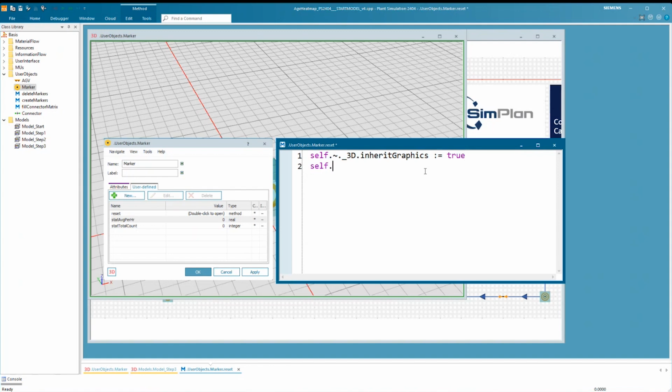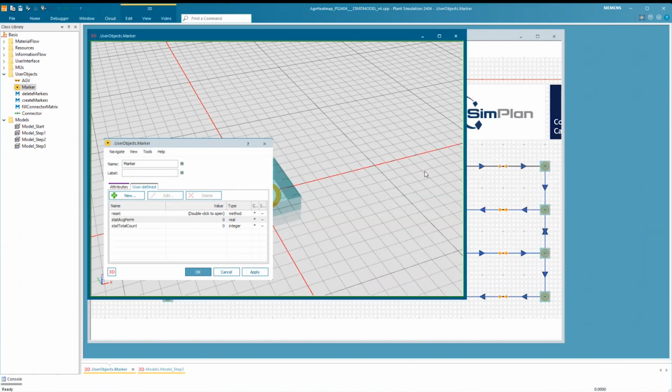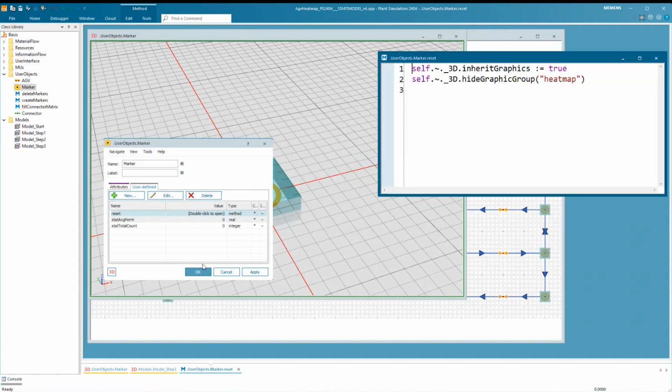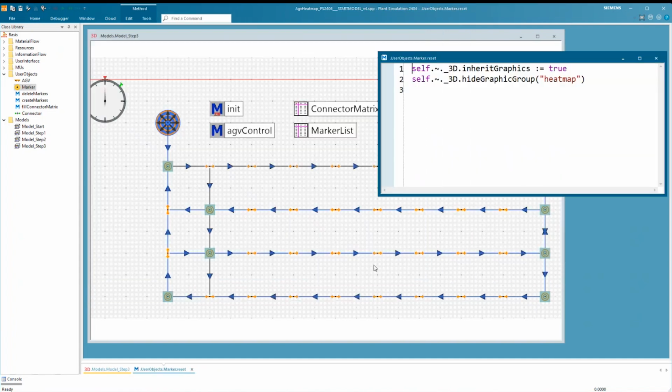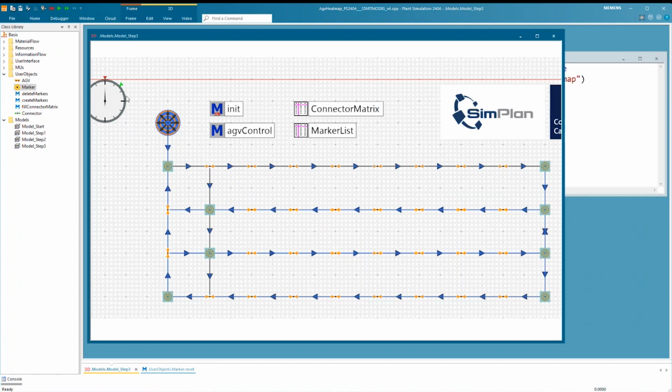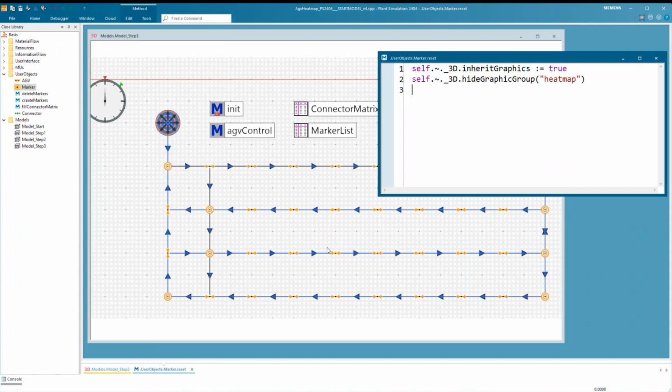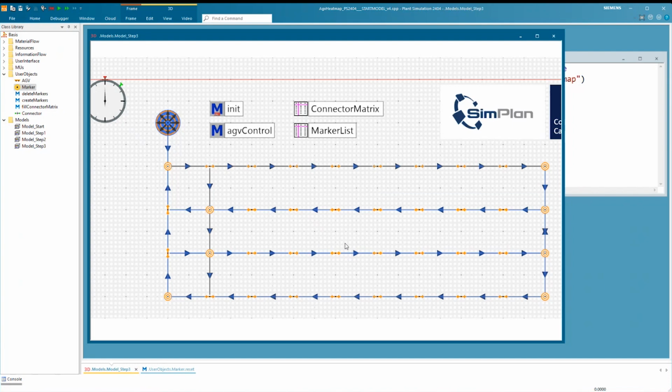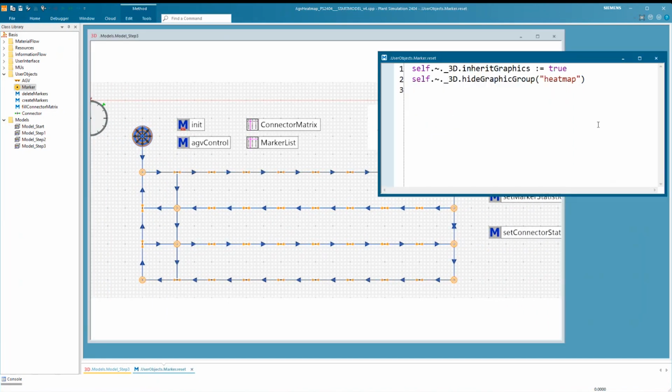And I will also hide my graphic group heat map so that initially it's not visible. Let's open it for a second. So now when I reset my model here, then everything looks clean. And then I'm ready to activate this group once I have some color code to show for the different markers.